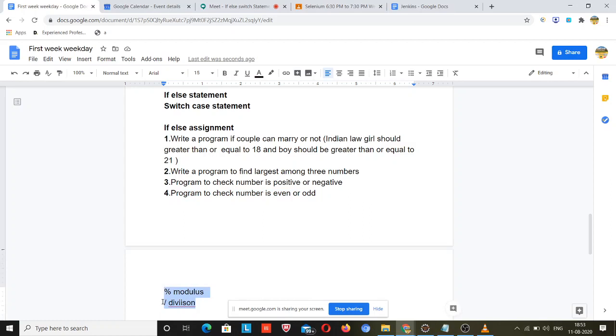So whatever number you have given, if number modulus 2 is equal to 0, then the number will be even, else the number will be odd. So here you have to type a statement that will print that the number is odd inside the else part, right? Suppose you give the number value 10, so 10 modulus 2, that means the remainder will be 0.